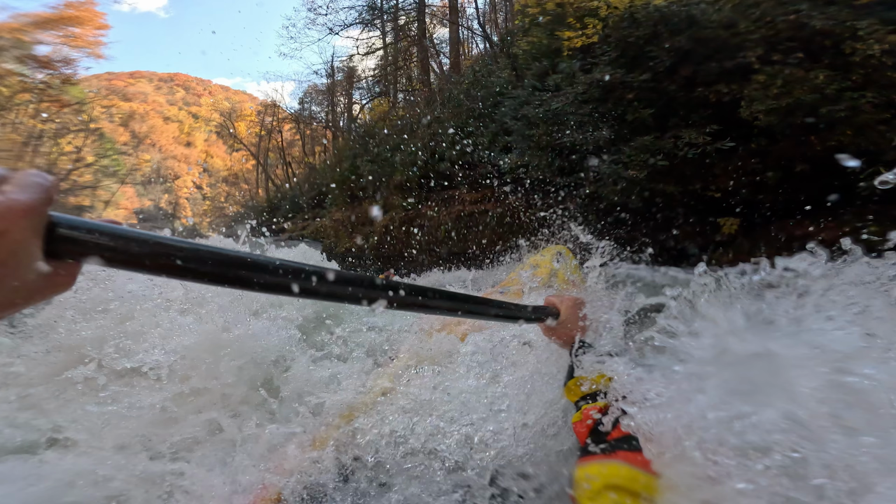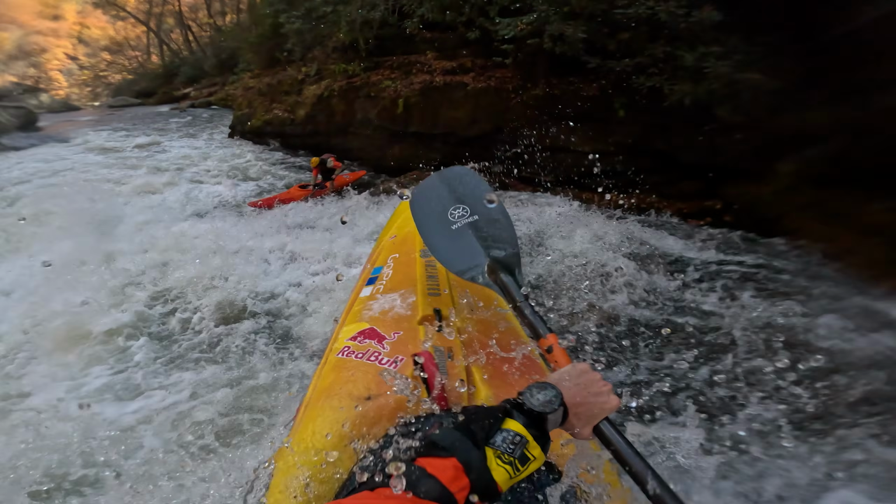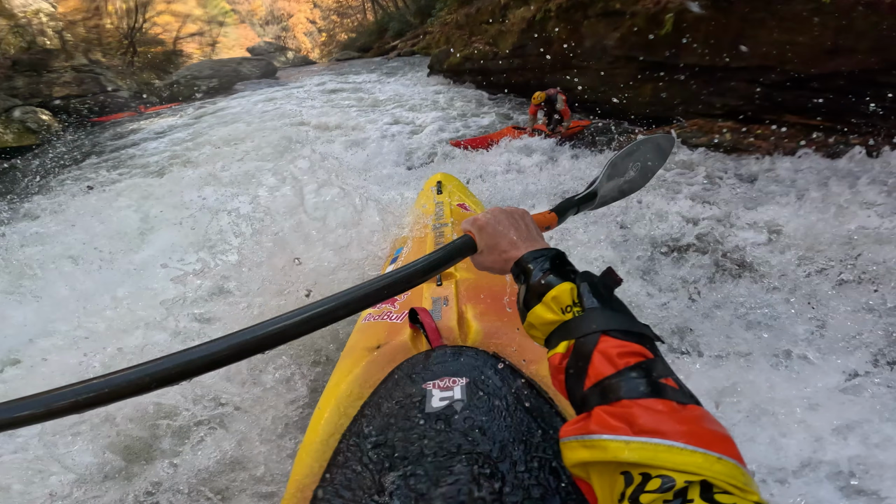But right here, this is the most important part. Instead of just going ahead and turning back immediately, right at this moment, take the biggest right stroke possible, as large as you can get any contact with, and throw your weight forward. When you throw your weight forward, you can actually carry your speed a lot farther right,